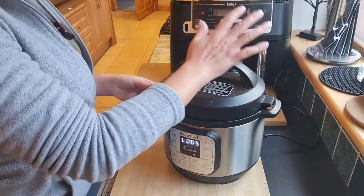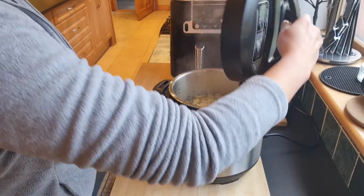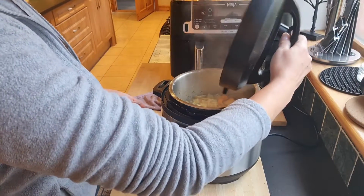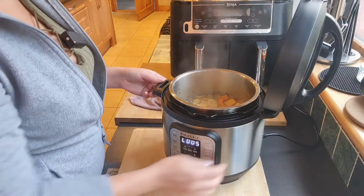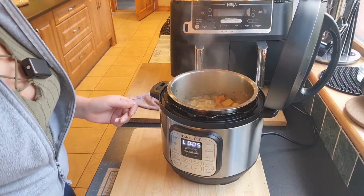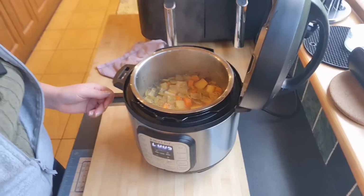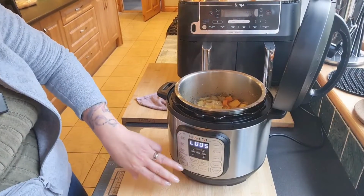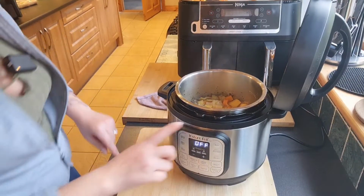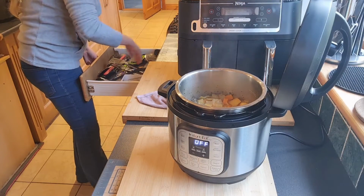So we are going to very carefully now open this. And so many people don't know this. That lid is actually made just to fit into one of these handles. So if we can see that, there is the soup done. You could serve it just like this. I am going to turn that off now. Let me just find a spoon. I just want to show you